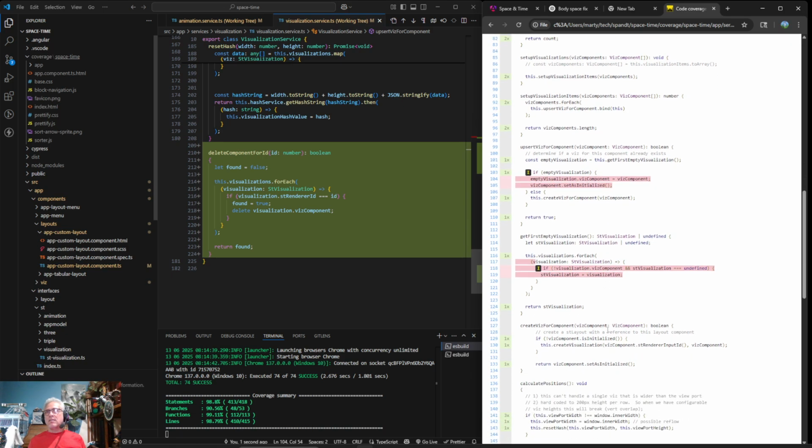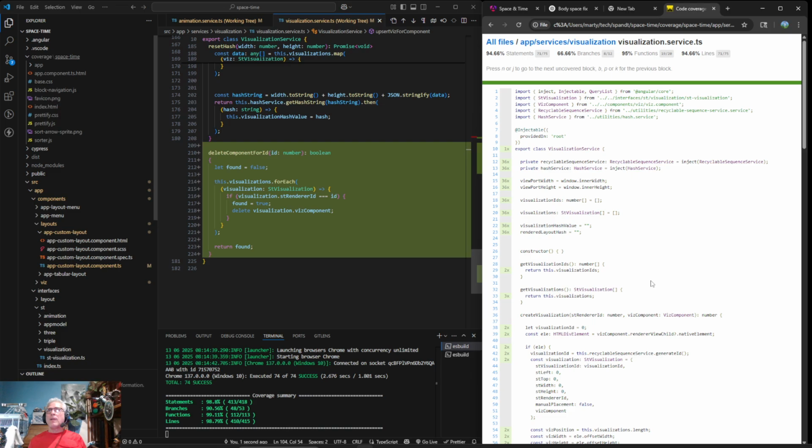And then get first empty visualization. And we don't ever test this if the visualization is undefined. That's because we probably don't come back in any of our tests. Like we don't go to the one view and then come back to the other view. Let's see. So there's that one.